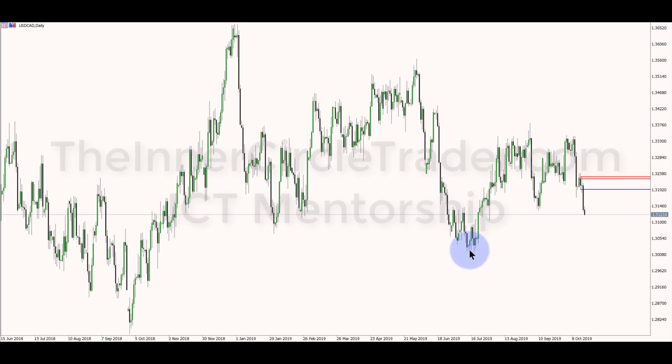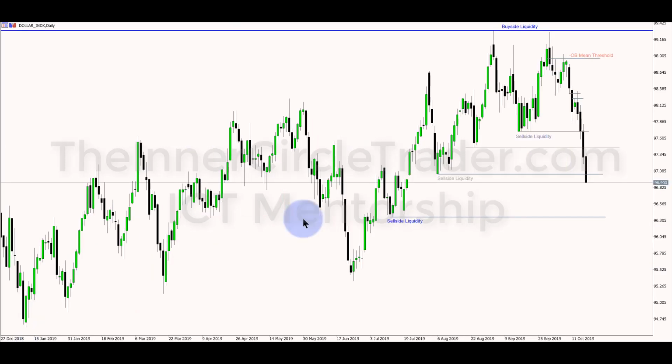Now, it could do something entirely beyond that. It could blow that out. It could trade down here and then start to move higher, okay? Or not even make an attempt to go down here. It could open up this week and just start running for the buy side liquidity here, or it could be completely wrong, okay? But that's okay. The transaction I'm willing to look for is I want to see these lows taken. And if I get into an engagement and it takes a loss, then I take a loss. It's okay. But I'm framing it on the basis that we have continued weakness on the dollar. That's what I'm looking for. I'm looking for the dollar to try to make an attempt to get down here.